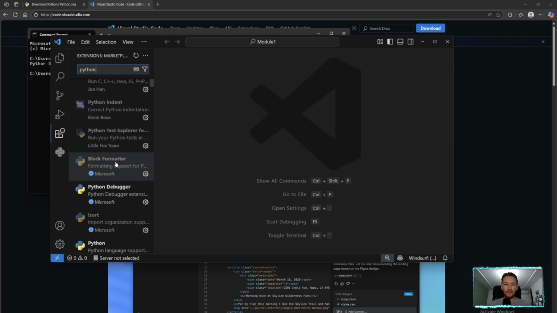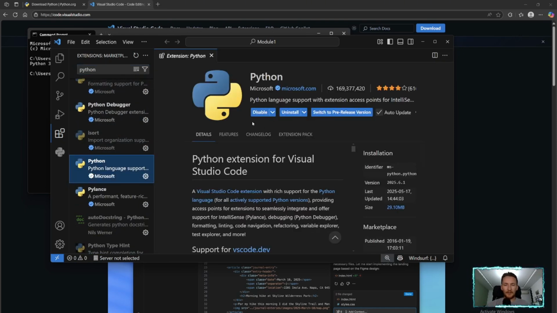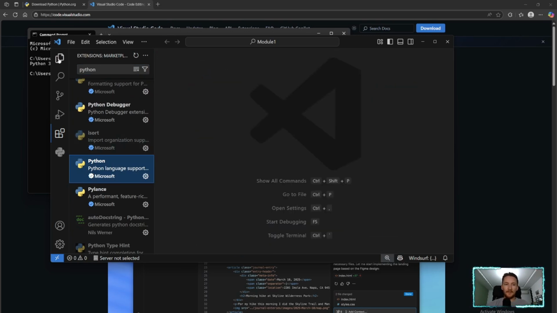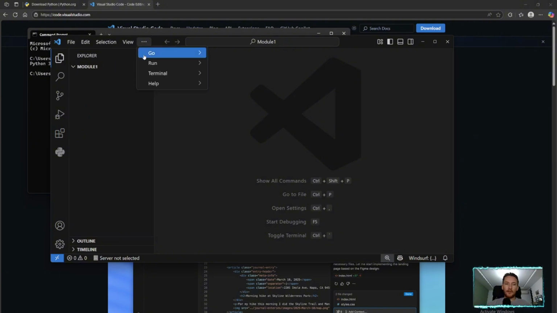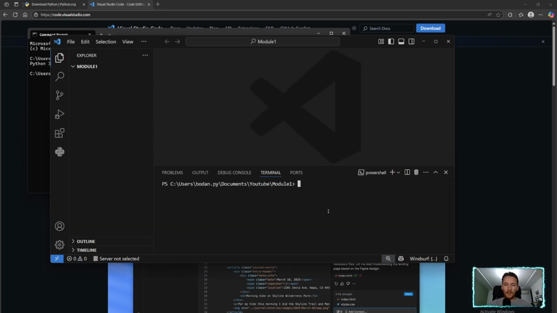Now you go and look for Python, which is this one. I already have it installed and active, but you can go and install it. After that, make sure you can also open the terminal from here. You go into the three dots, terminal, and new terminal. You can also type python --version here to make sure Python is correctly installed and Visual Studio Code is